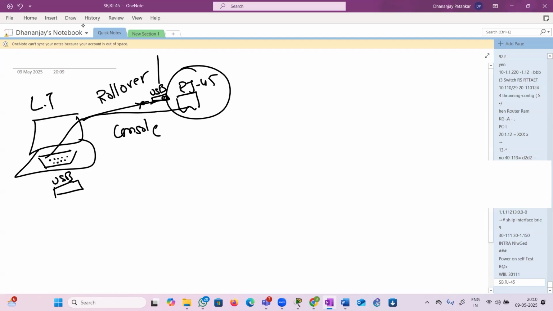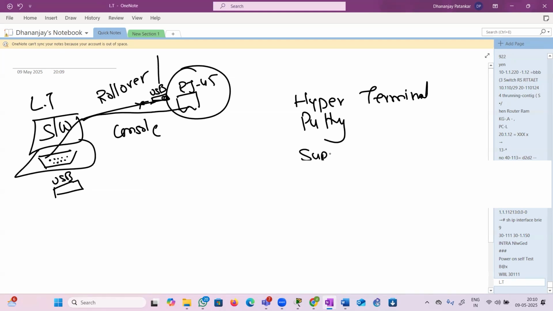Both are console port. And then I need a software on this known as Hyper Terminal or Putty or Super Putty, something like this. So I will open the software, turn this on, give it power, and I'll get the output